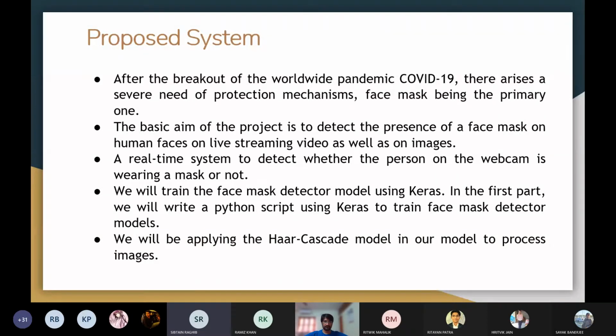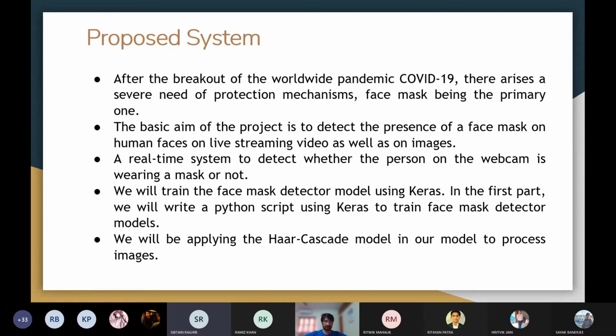In the first part we will write a Python script using Keras to train the face mask detector models. Keras provides a new interface to neural network libraries, with high level APIs for implementing neural networks. Using this we will divide our data into training and testing sets, and also use data augmentation, which significantly increases the diversity of the data available. You can see that in the later stages of our presentation.